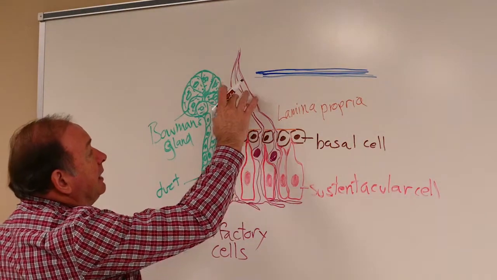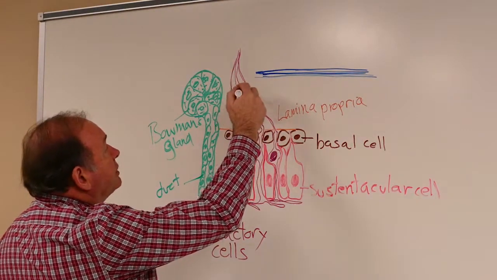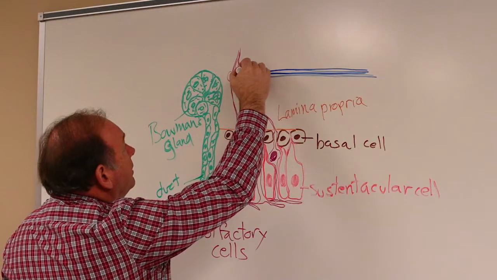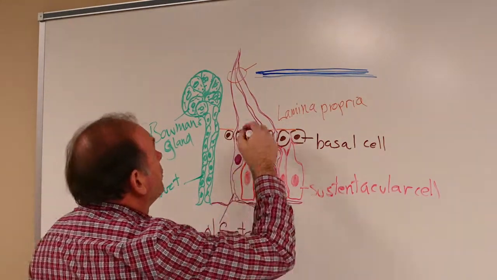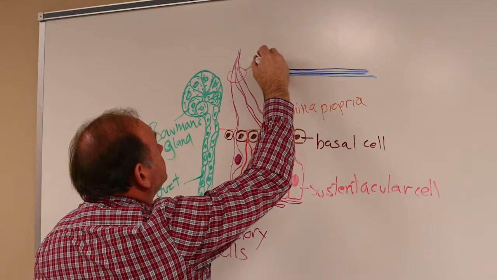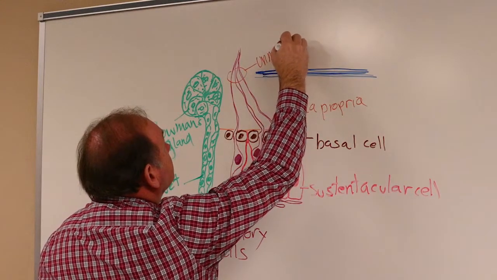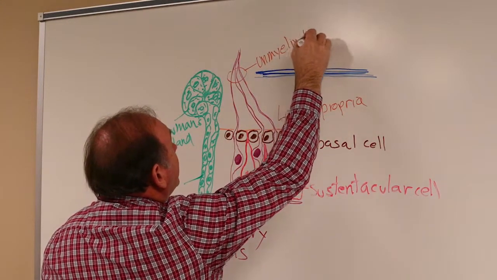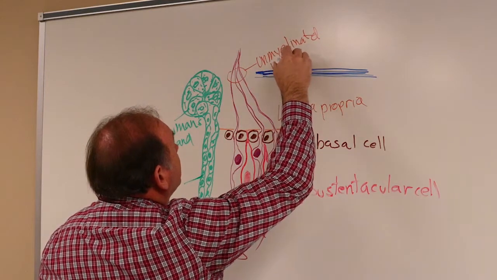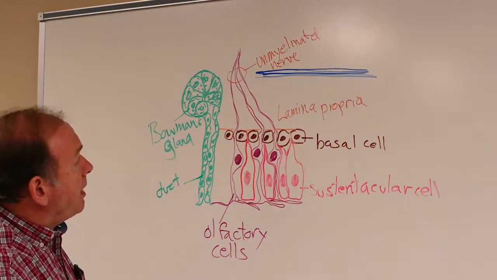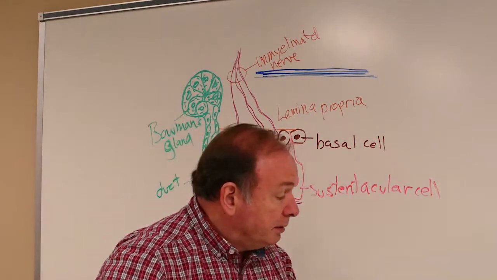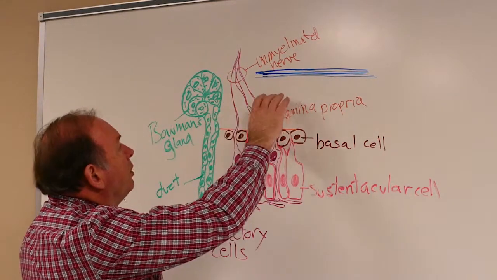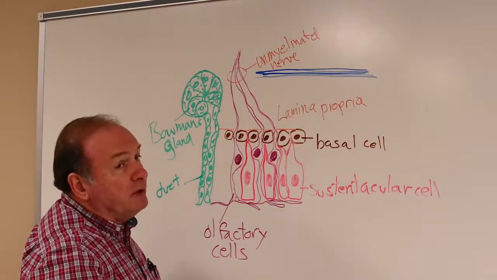Now these axon fibers gather together to make up unmyelinated nerve groups. So this would be an unmyelinated nerve, the unmyelinated nerve. Now beyond the lamina propria, that zone where we have the glands and the loose connective tissue,